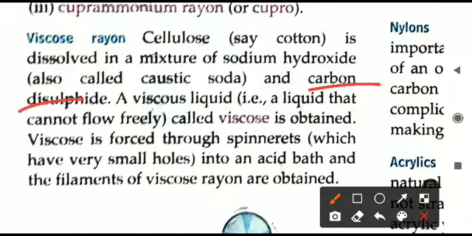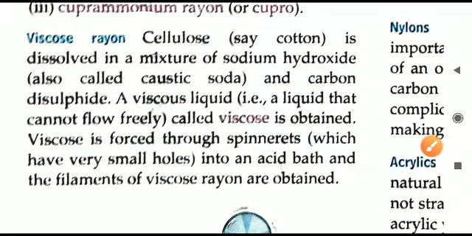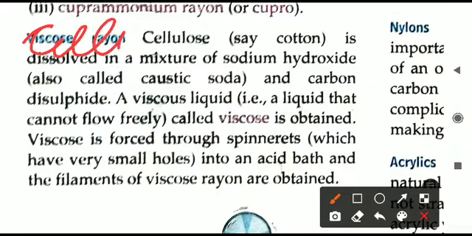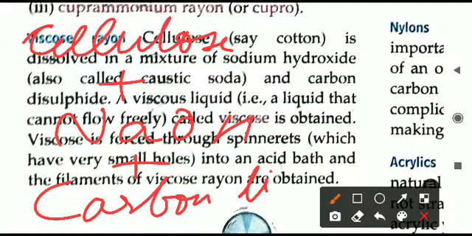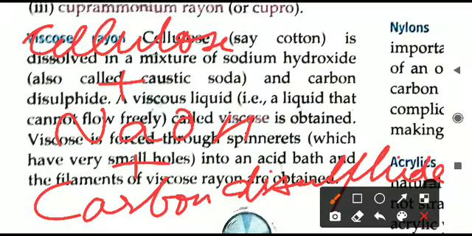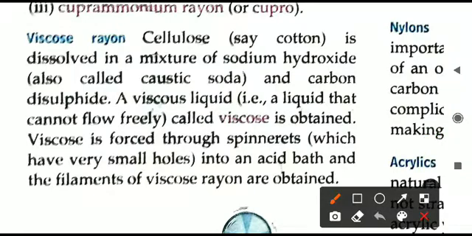And also we will put in that same solution carbon disulfide, formula is CS2. So what things we have taken? Let us write here: cellulose plus sodium hydroxide plus the carbon disulfide also. So when all of these things are taken together, what will happen? The chemical reaction or chemical change will happen.